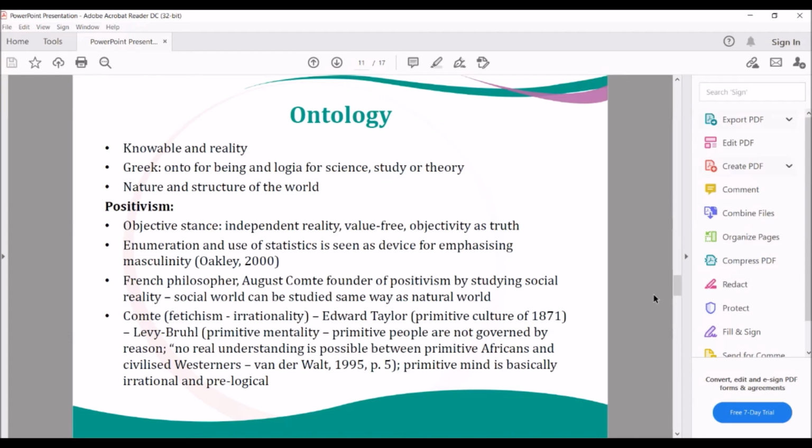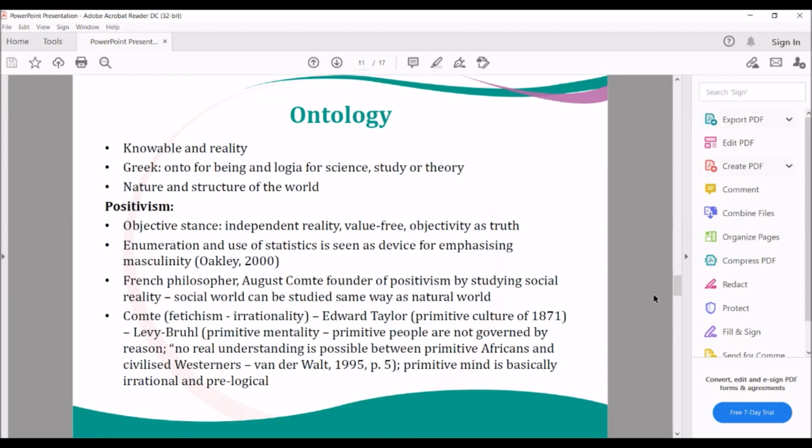It was started by the French philosopher Auguste Comte, who was the founder of the paradigm itself, by studying social reality, and claimed that the social world can be studied the same way as the natural world, which was later questioned by the interpretivists. Comte came up with the concept of fetishism, which is about irrationality, and he influenced the project of Edward Taylor, who also followed suit to suggest that there are primitive cultures, as he found in the 1800s, and in turn influenced the work of Levy-Bruhl,